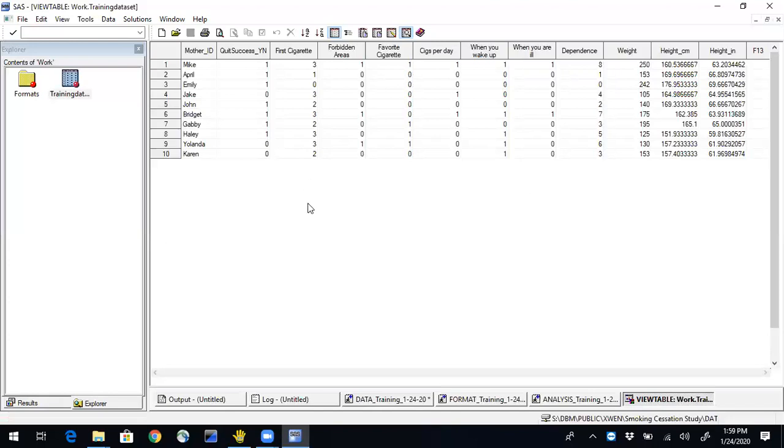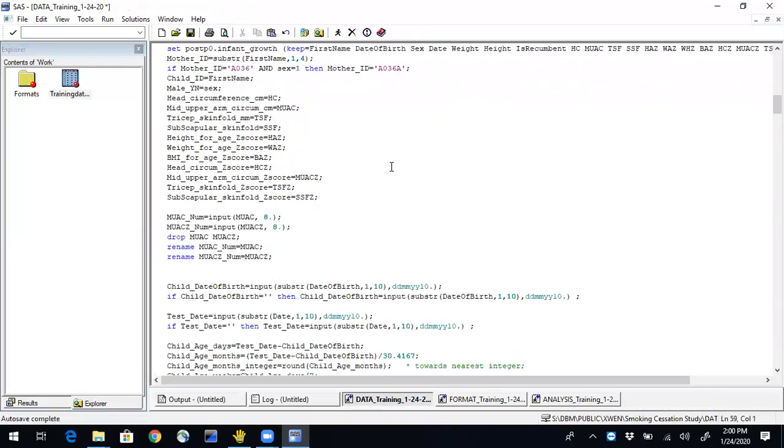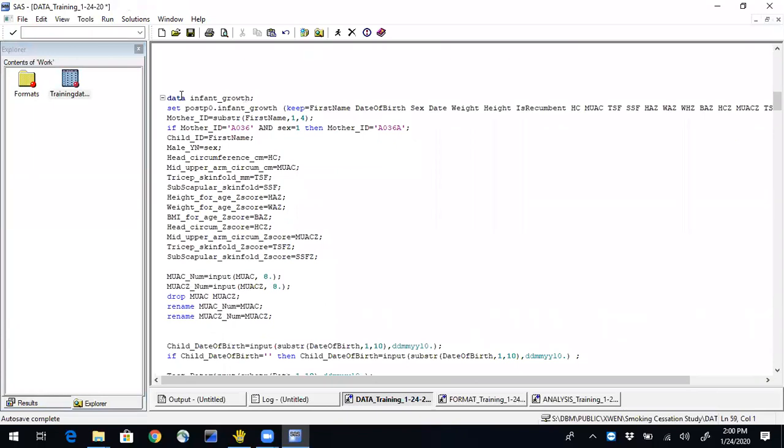So we could go ahead and do that. If we look at this data set, as I mentioned before, since these are just adding up to the dependence score, I'm really not interested in any of these variables. And I'm not really interested in centimeters for the height, so we could take that out as well. So one way to do that is,